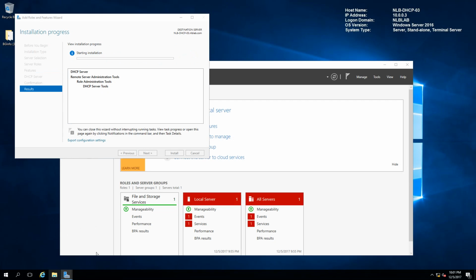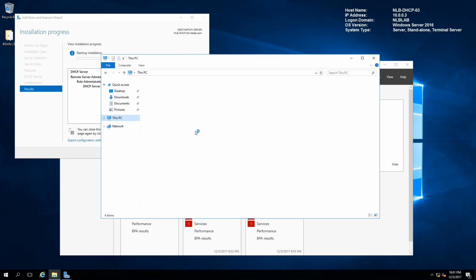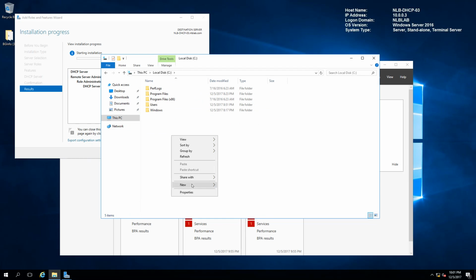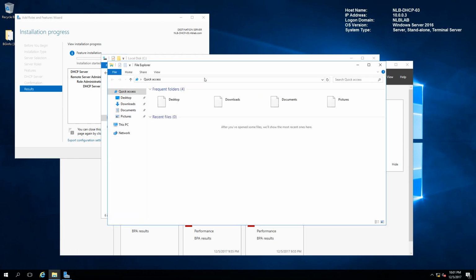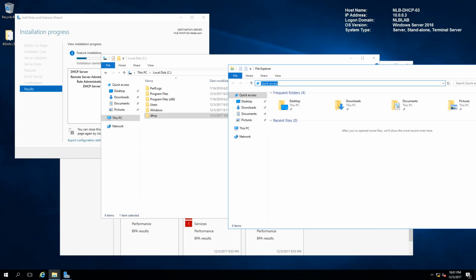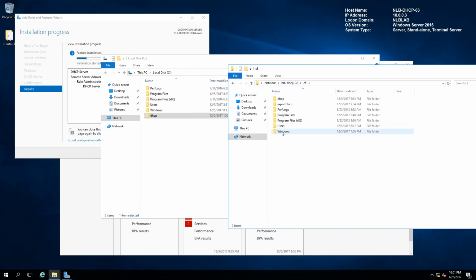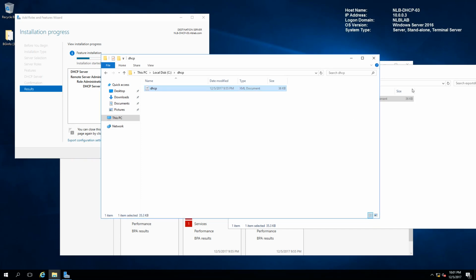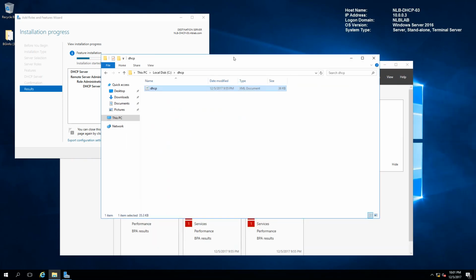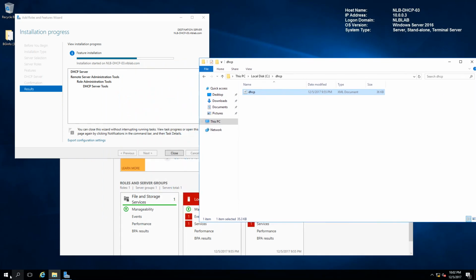And in the meantime, I'm going to create a new folder on the C partition called DHCP, and I'm going to use this folder to copy over the XML file from the 2012. So it's NLB DHCP 02. We're going to open the system share. This is the exported DHCP. We're going to copy that over. Okay. Now that it has been successfully copied over,